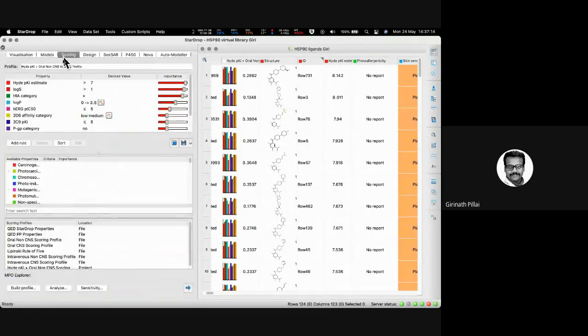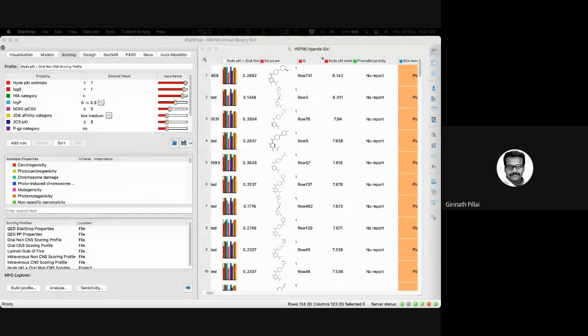Another thing is that if I'm going for scoring, which I told you, multi-parameter optimization. By the way, if you have any doubts, please stop me in between. If I'm too fast, please tell me. If you keep quiet, I don't know. Yes, someone has raised hands. If you want to ask some questions, please go ahead. Rajashekhar, Rajashekhar sir, do you have any questions? I could see you have raised your hand. No? Okay.